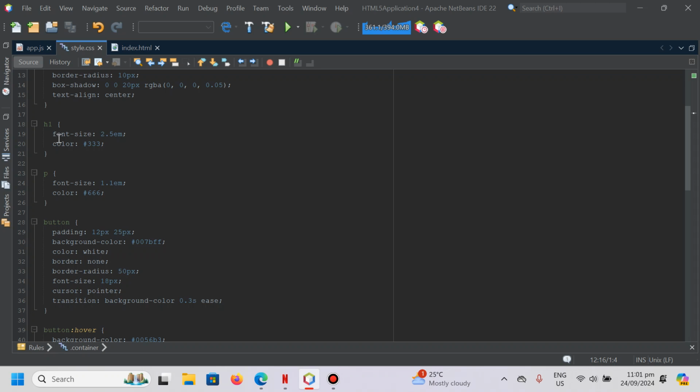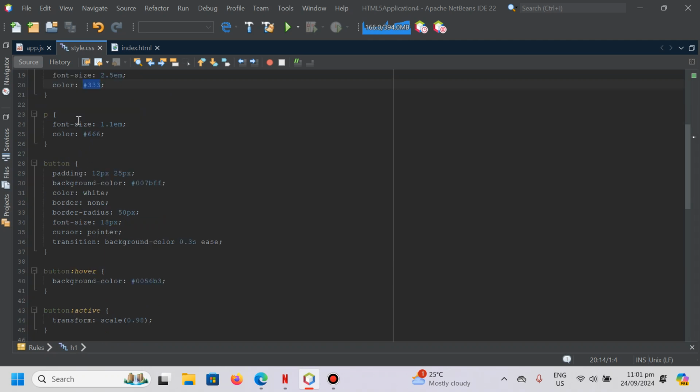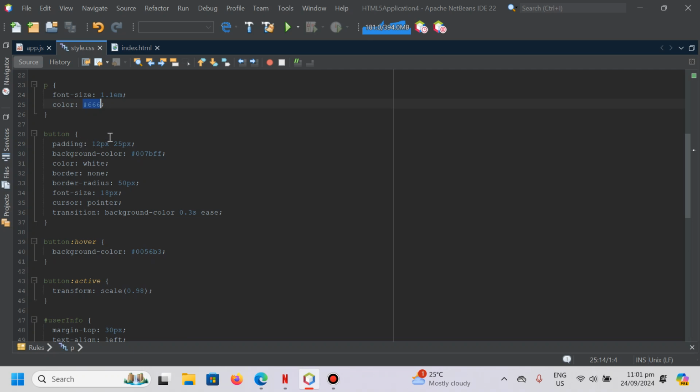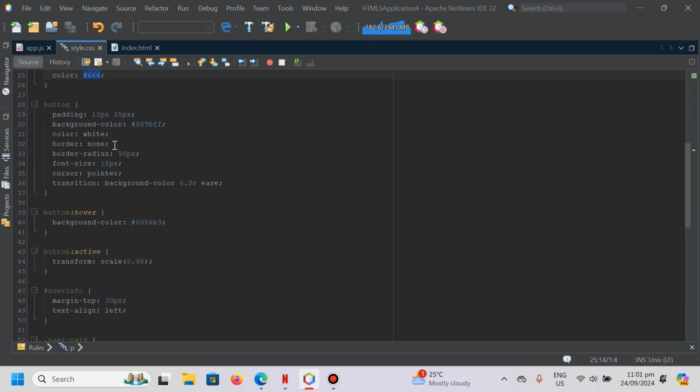The title: font size 2.5 em, to make the heading large, and the color is dark gray. The paragraph: font size 1.1 em, color set to gray. The button: padding 20 pixel, transition,